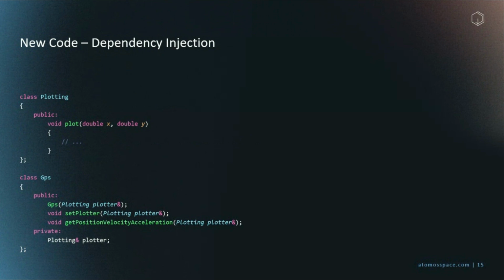What does it say if you create a GPS and then don't set the plotter? You can't. It requires one on the constructor. Yeah. Oh, it's okay, it's replaced. Yeah. So I did all 3 here. You probably only do 1 in this instance. I'm slightly nervous about something in general that takes a